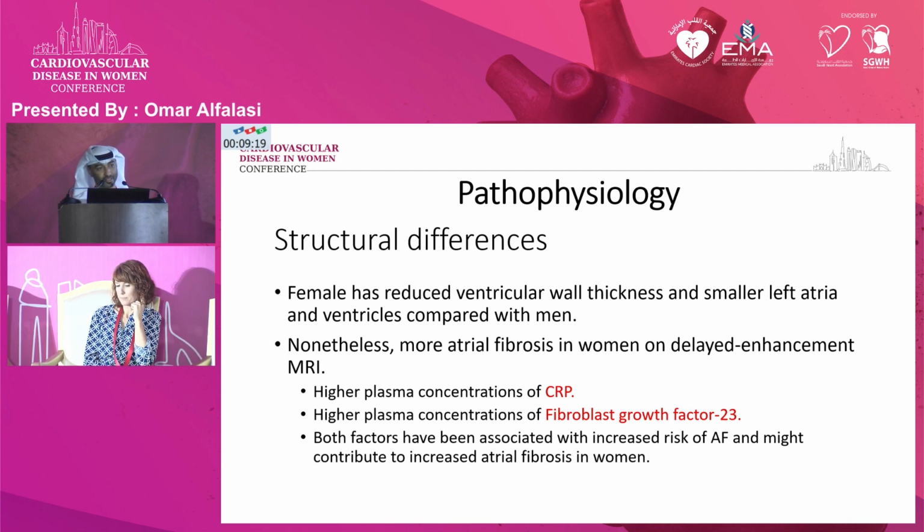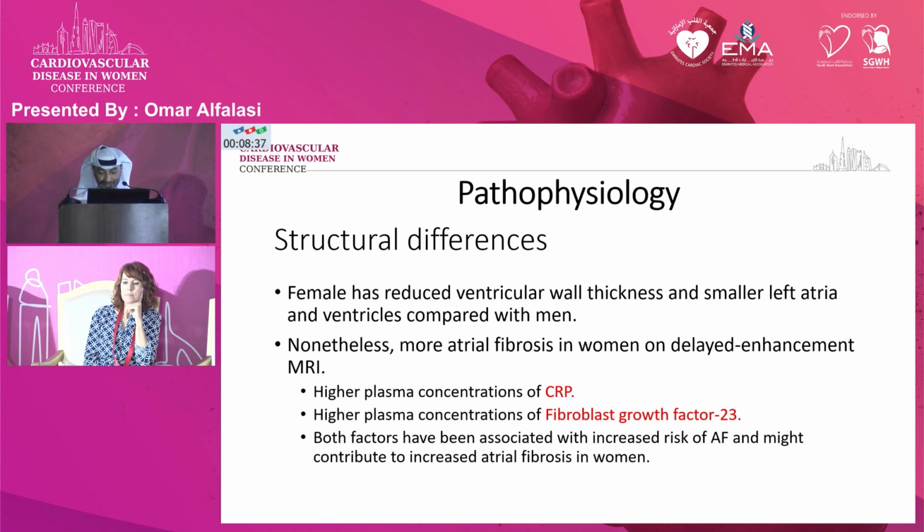They had the protocol to measure the fibrosis in the atria, and they found, in general, whether they have atrial fibrillation or not, females are more likely to have atrial fibrosis. So there was another study done to see why they have a higher incidence of atrial fibrosis. In general, females have a higher concentration compared to males of C-reactive protein, and they have higher plasma concentration of fibroblast growth factor 23. Both of these were associated with an increased risk of atrial fibrillation